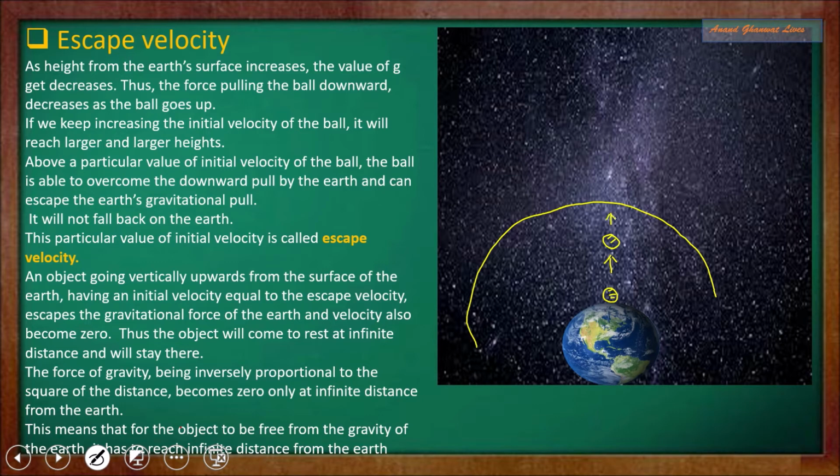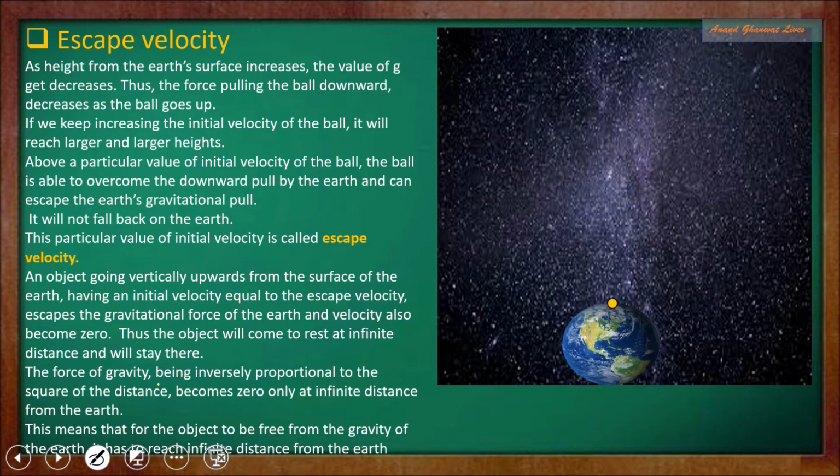and reaches a maximum height. At a particular point, it is out of the gravitational pull applied by the earth. But as the initial velocity of the ball is equal to escape velocity, at this point the velocity of that ball becomes 0, and it has also escaped from the gravitational pull applied by the earth, so it cannot come back and also cannot go further. So the object, that ball, remains stationary here.